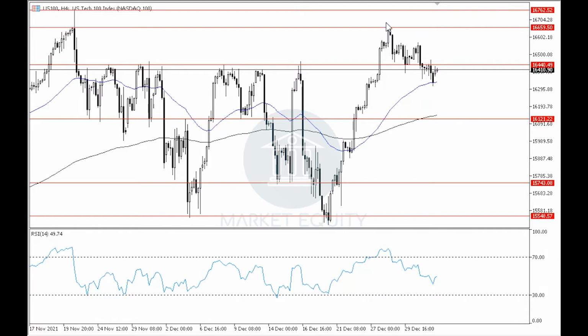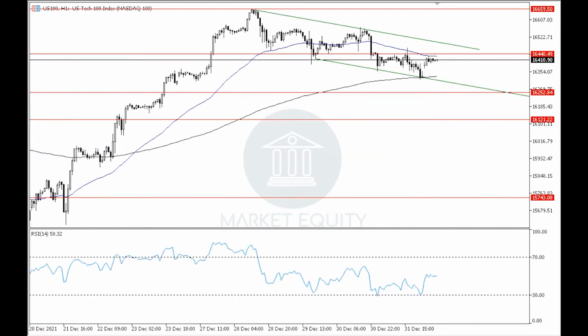16,660 and formed a high around it and then rebounded downwards off of it in order to correct inside the uptrend, where it broke down through level 16,440. If we notice the 1-hour time frame, we can see that it resembled a horizontal support level for the index in the 1-hour time frame, and by breaking downwards to it, as we said, the index has formed a downwards channel in the 1-hour time frame, which shows a weakness in the current downtrend in the 1-hour time frame and further supports the breaking upwards to level 16,440 and the upper boundary of the downwards channel in the 1-hour time